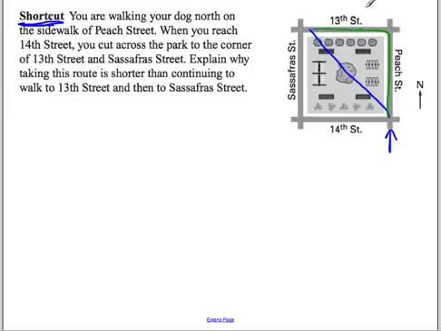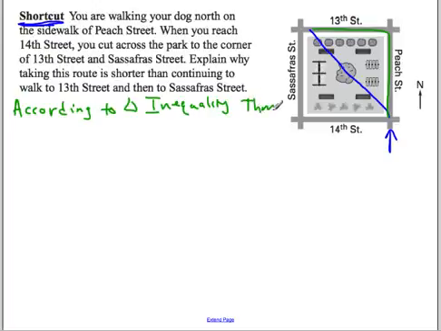Well, basically we have a triangle, okay? So is it shorter to go this whole length plus this whole length, or just cut across basically your hypotenuse? Well, what we need to do is basically look at the triangle inequality. So I would say something like this: according to the triangle inequality theorem, which we just learned a little while ago, the sum